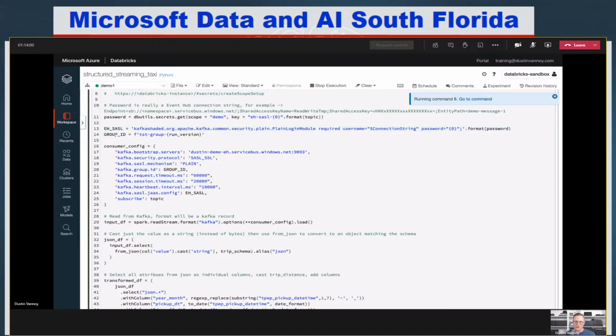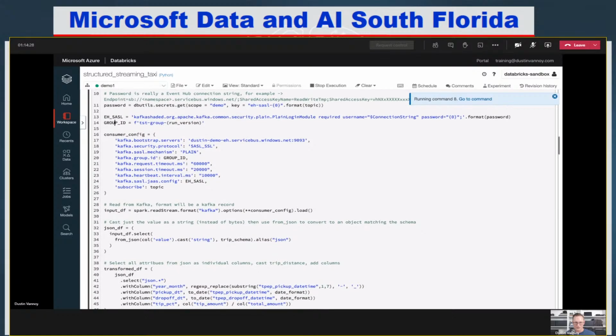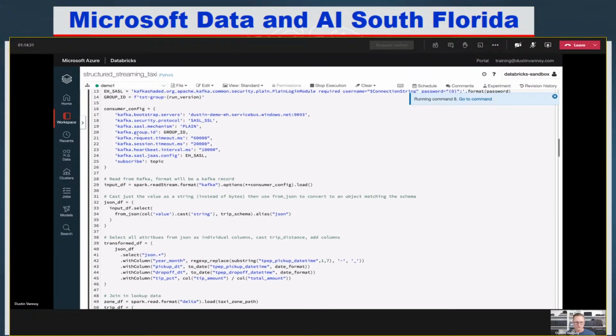Group ID, for those that are familiar with Apache Kafka or Event Hubs, is like our consumer group ID. I like to change this if I'm running a different application or doing a fresh run. Basically, when I'm running in parallel, if I have multiple instances, such as multiple workers on Spark hitting this data, it's going to use the group ID to make sure that they aren't reading the same message. It's going to say, I've got 4 instances, but they all have the same group ID, so let's make sure we're taking turns as to which messages go to each Spark worker reading the data. I'll save you the talk on the consumer config.